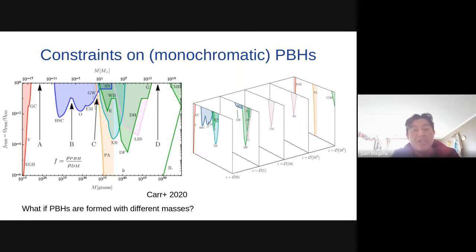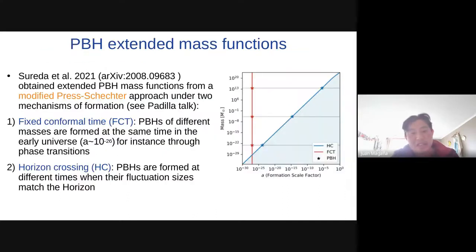Well, now the question is, what if the primordial black holes are formed with different masses and not only with a unique mass? In the talk by Nelson Padilla and Joaquín Sureda last Monday, they commented about how to construct a primordial black hole mass function using a modified Press-Schechter approach under two mechanisms of formation.